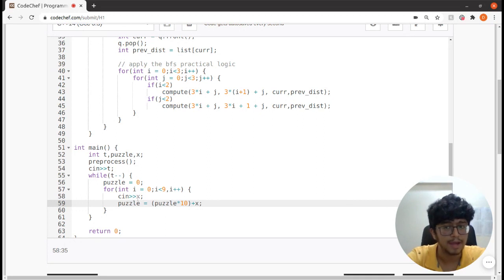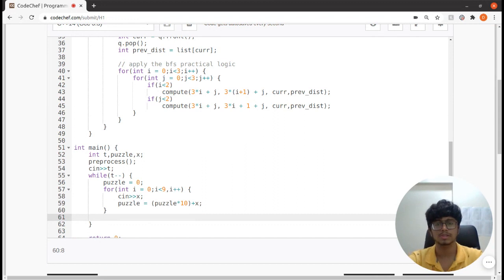Now what this does is simple. Whatever number I have, I need to put the next number at the next place value, and the next place value comes with a power of 10, right? So I multiply it with 10. Say for example, I have 5 as the first number and 6 as the second. I have 5 in my puzzle because the puzzle initially contains 0. So 0 into 10 is 0, plus 5 is 5. Then I have 5 into 10, which is 50, plus 6, which is 56. So this is an example, but this effectively puts in the puzzle values.